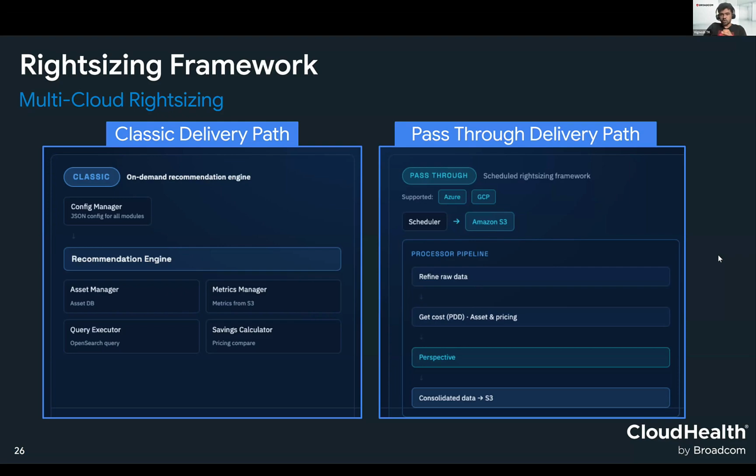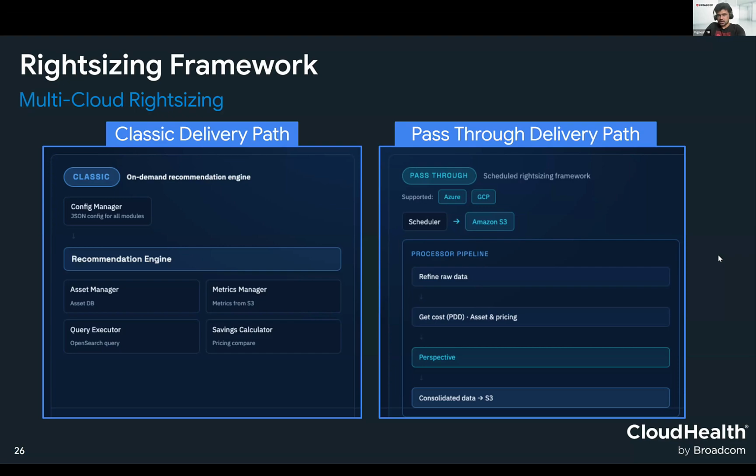So once the system knows what to analyze, the next question is: what infrastructure do I actually have running? That is the answer we get from our asset manager. It has the complete inventory information for your asset, including the CPU, memory, your configuration inventory, and storage as well as processor, and every resource information. For example, in the case of EC2, you will have CPU, memory, every information contained over here.